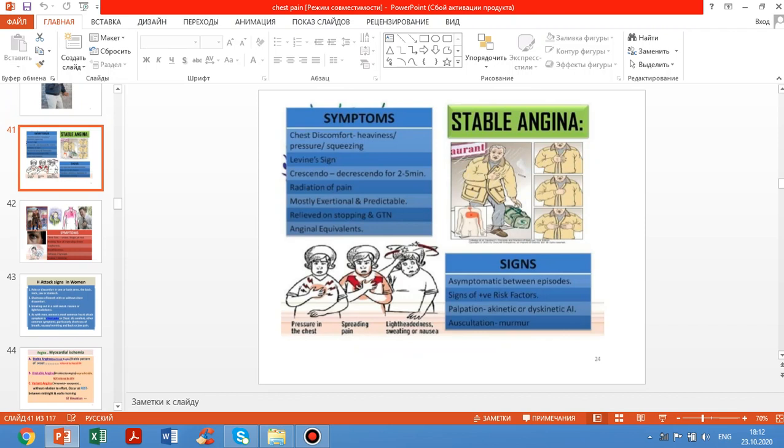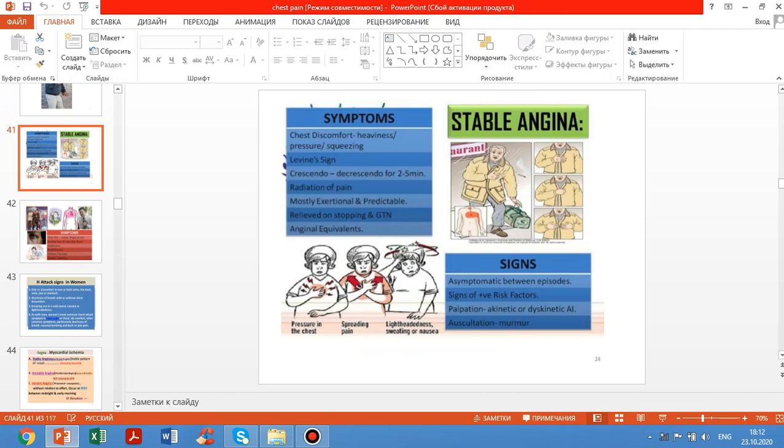Clinical symptoms of stable angina you can see in this slide. Symptoms: chest discomfort, heaviness, pressure, squeezing. Levine sign: crescendo decrescendo for 2 to 5 minutes. Radiation of pain, mostly exertional or predictable. Relief on stopping activity